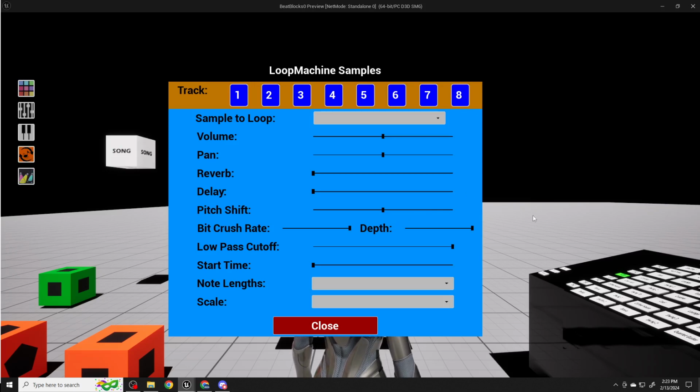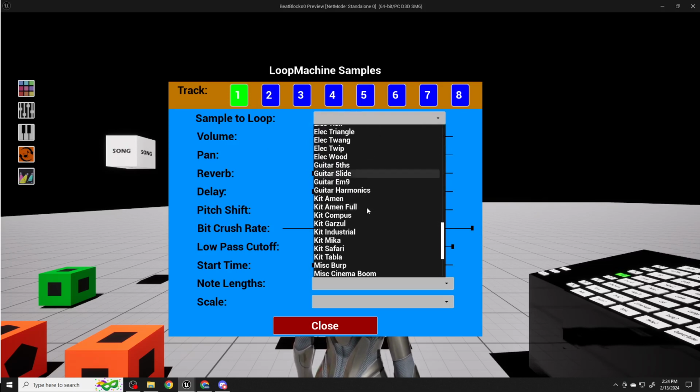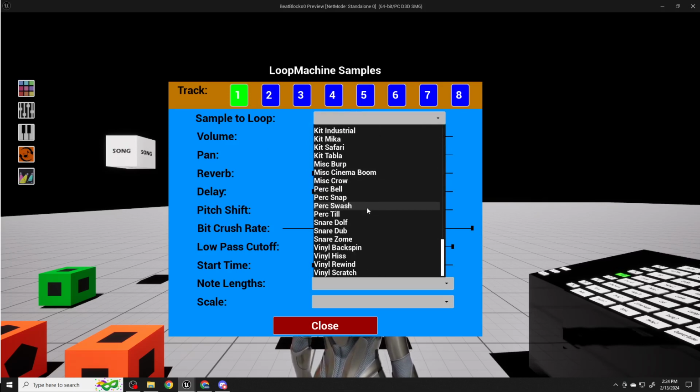Here we go. It brings this up, and you can think of this kind of as what's known as a VST in the digital audio workstation world. It's a way to go ahead and create a sound. So first of all, you select which track you want to work with, and then you can go grab a loop. Now these loops here come from an old project of mine associated with Sonic Pi